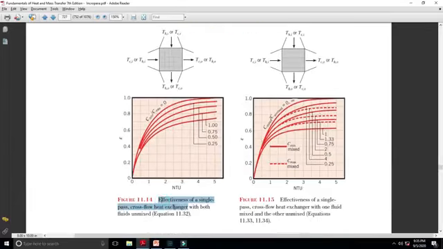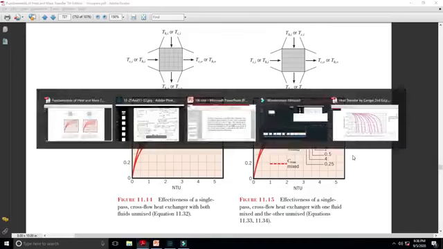And this is for both fluids mixed, and this is for one fluid mixed and one unmixed. So if we use this particular chart,